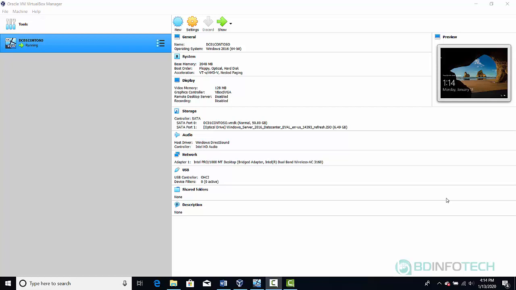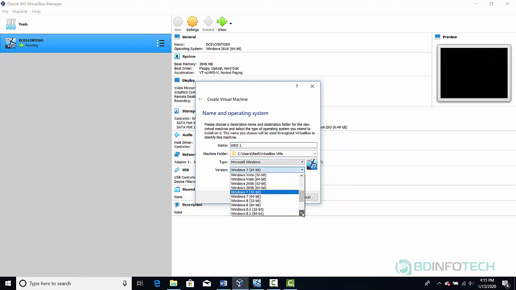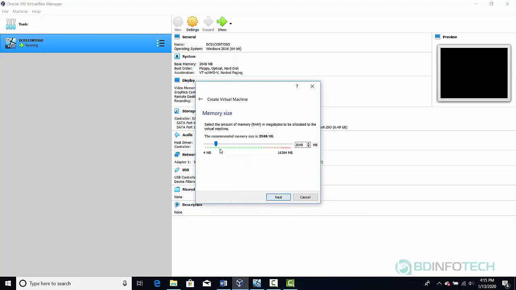Hey guys, we are going to install Windows 10 Workstation now, and after the completion of the installation, we'll join this Windows 10 Workstation to our domain controller. So to begin with, we'll have to click on New, and then we'll have to enter the name of the virtual machine, which will be WKS1, and this will be Microsoft Windows, and the version will be Windows 10 64-bit, and then click next, and